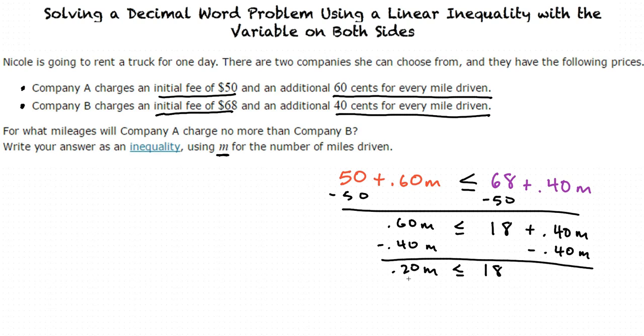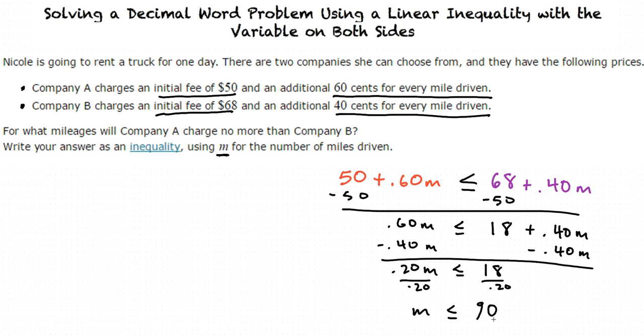We divide by 0.2 on both sides to get m alone on the left side. We're left with m is less than or equal to 90. This means that when the truck is driven no more than 90 miles, Company A will charge no more than